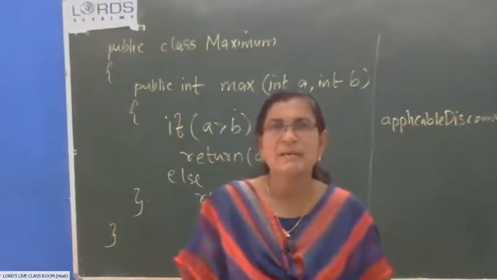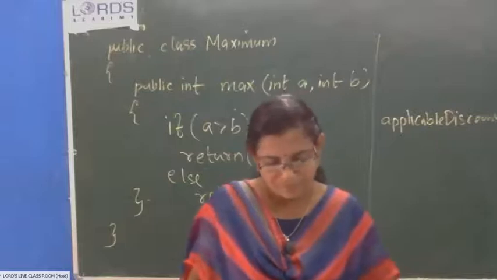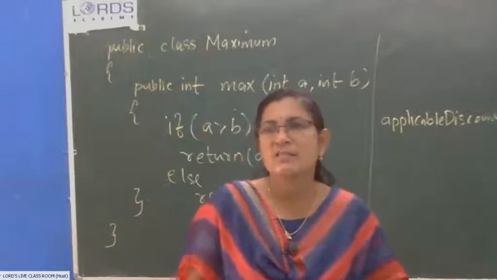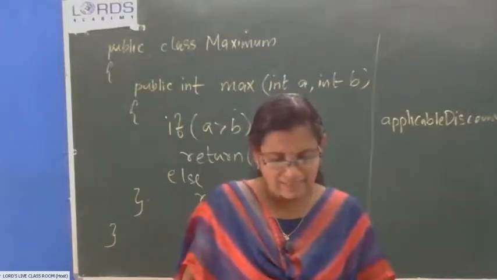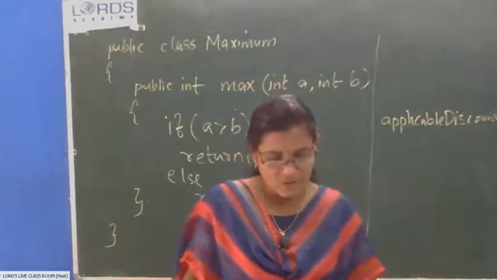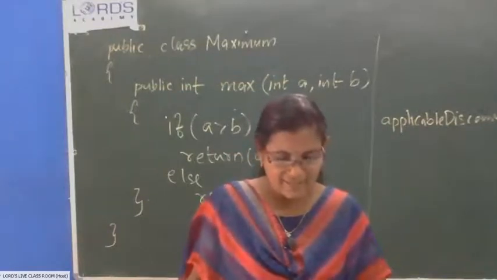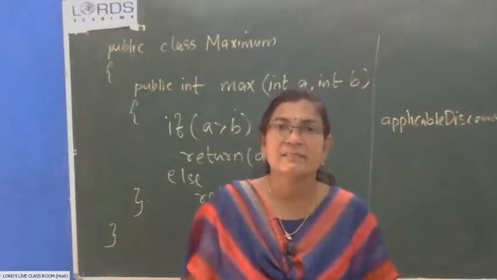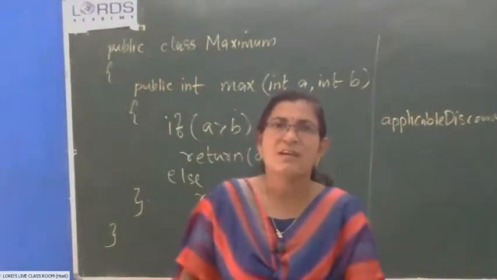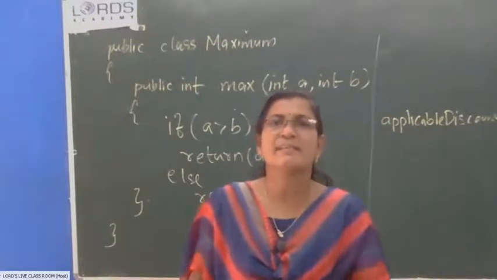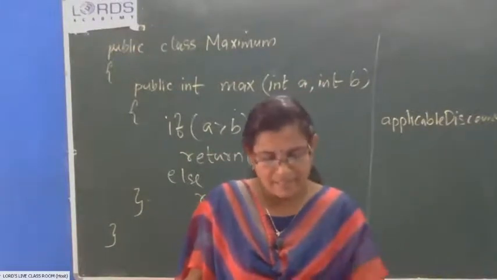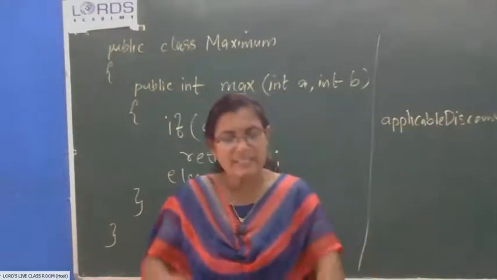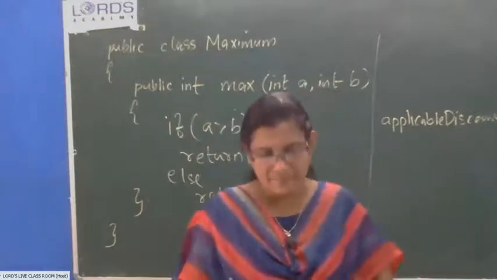So double, this method gives back a double value, and it also accepts a sales amount. When a sales amount is passed to the function, it will calculate the discount rate. The rate of the discount is given back by the function. What is the percentage of discount available or allowed for this particular sales amount? So the applicableDiscount method accepts a sales amount.